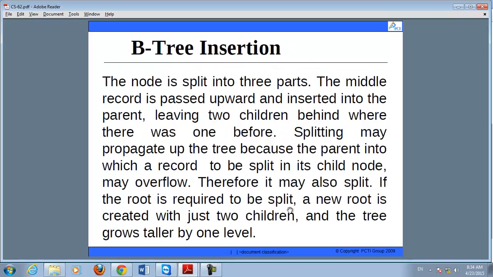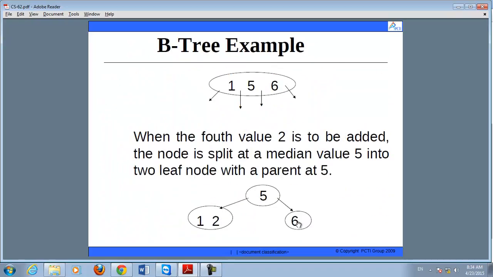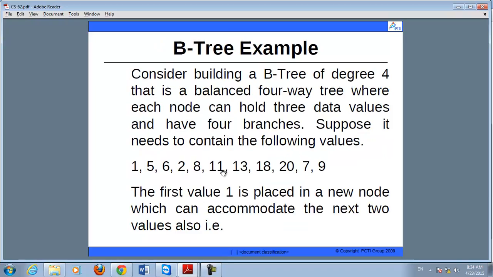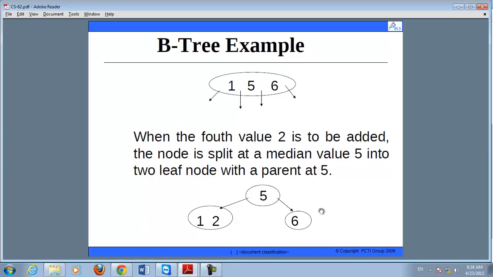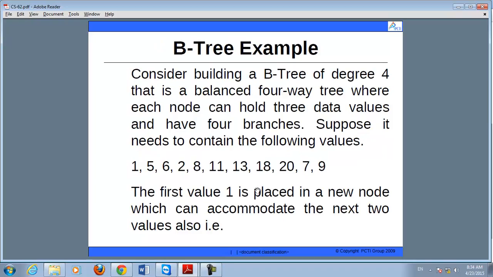If you insert 13 here, after 6, 8 will be inserted, after 8, 11 will be inserted, and after 11, 13 will be inserted. But it is not possible that this node contains more than 3 values, so it will be split again, and from 6, 8, 11 and 13, 11 will go to the root node. It means 5, 11 will be present in the root node.